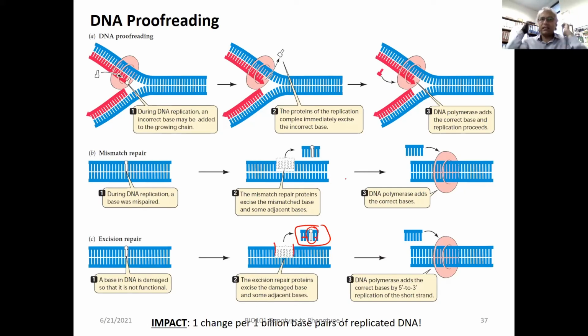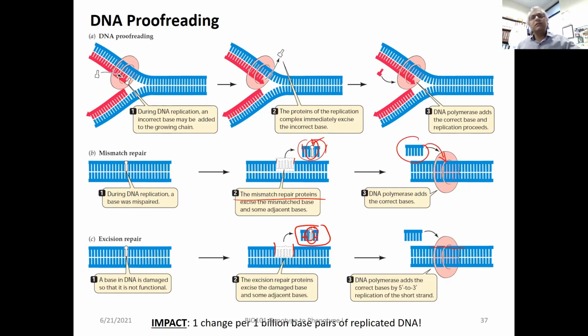Excision means it excises and removes the whole small piece together with a mismatch, and then DNA polymerase repairs or corrects this mismatch. In case of mismatch repair, what it does normally is that it does not remove everything. The mismatch repair protein excises a chunk of DNA together with the error, which was a nucleotide that was wrongly placed, and it will fix this nucleotide and bring it back into